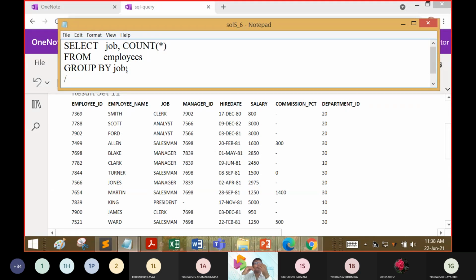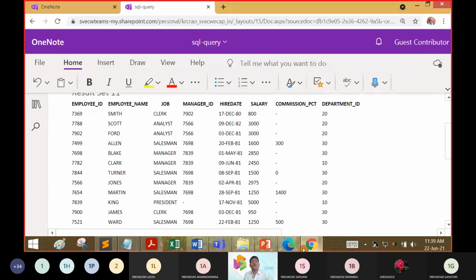Then group by job. How many jobs are there actually in the table now? 5. What are those? Clerk, analyst, salesman, manager, president. So 5. Let me verify in the SQL prompt.